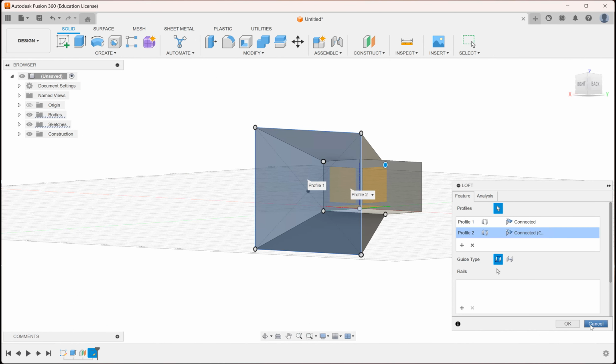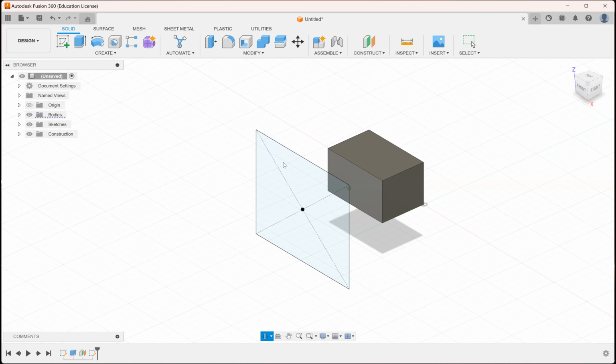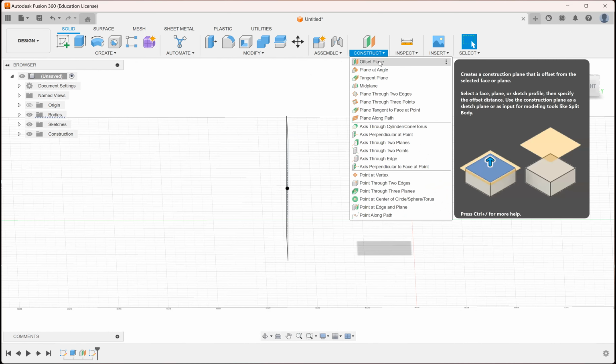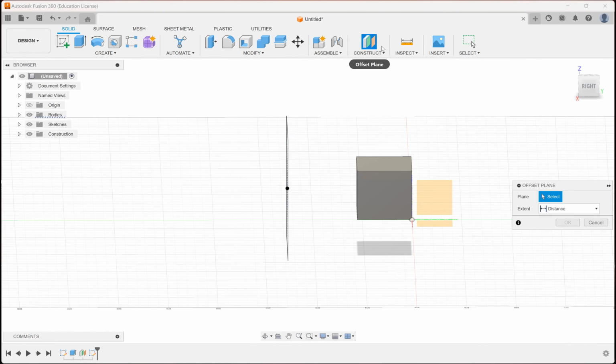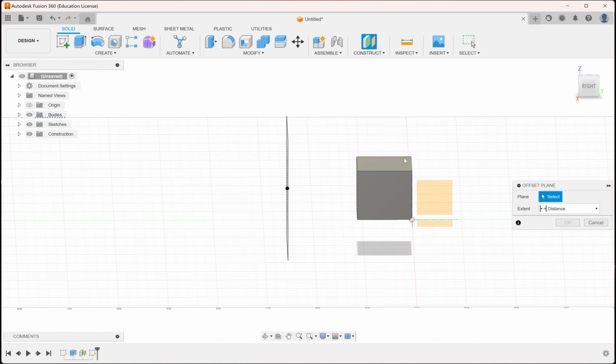Right now, that's not the biggest, most important thing. What I want y'all to do is just practice making reference planes off of this. It's a very simple thing, but it's just important to understand how it works. So in order to do that, it's construct, offset plane, select a face or a different plane over here, and you can select its distance. You can make